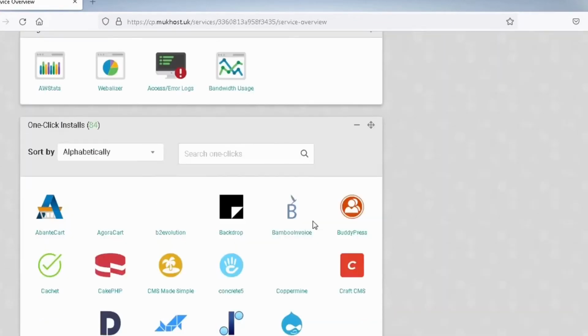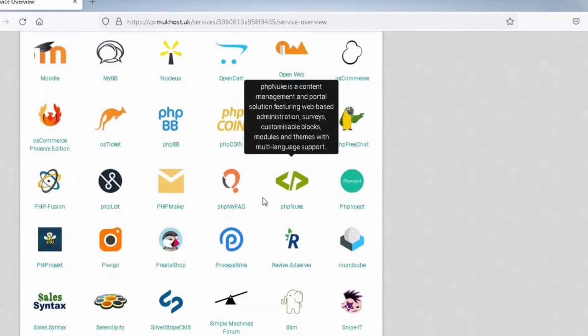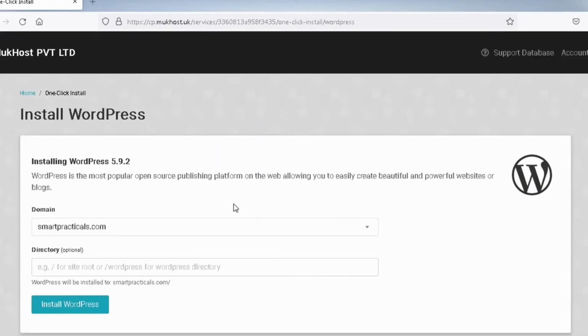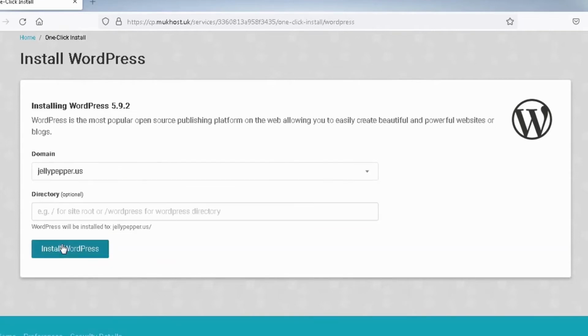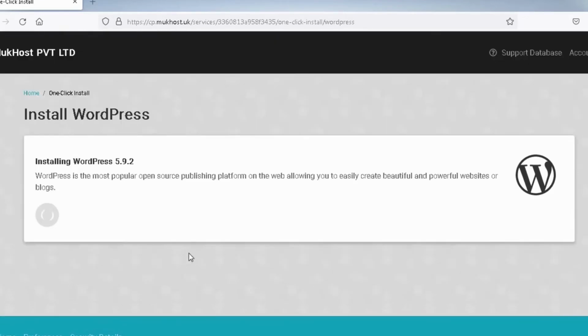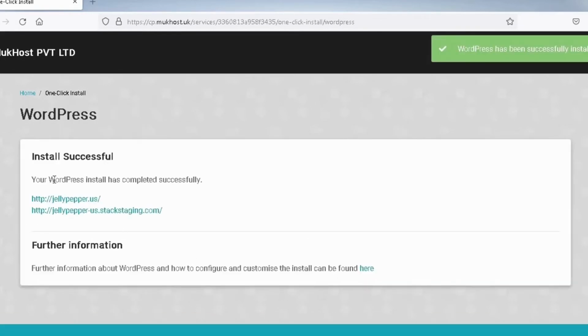and scroll down to the very end of the control panel and click on WordPress. Type in your domain name and install WordPress. Wait for it to install. All done, click on the link